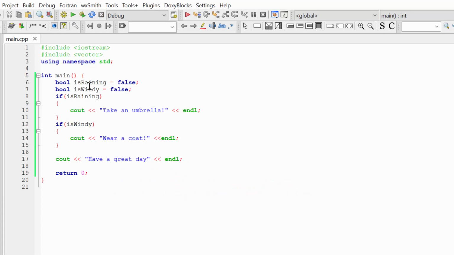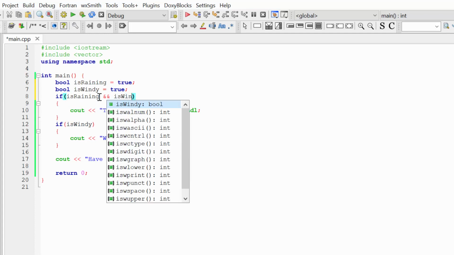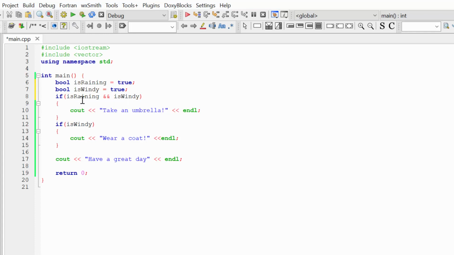Okay, so we created two bool variables, isRaining and isWindy, and let's say I want to give some new separate advice to my user if both of these statements are true. So I want to execute different code if isRaining is true and isWindy is also equal to true. To do this, to check both statements, after the first statement use the operator and, then your next condition you want to check. So if isRaining and isWindy, let's actually write something new.